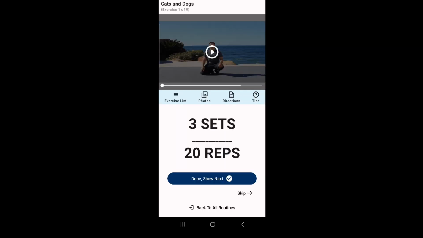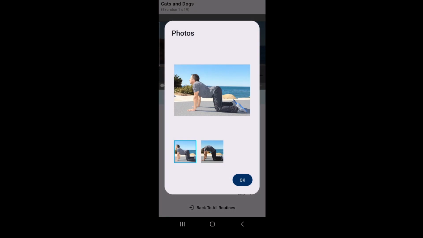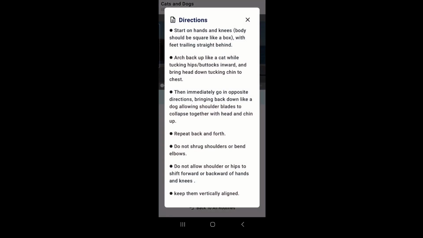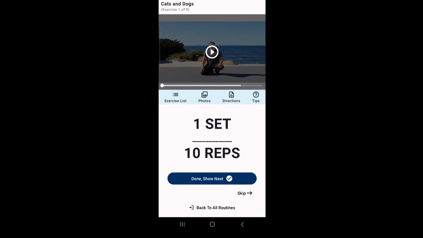The interactive routine screen for the first exercise of the routine will open. From the screen, you can watch the video instructions for the exercise by tapping the play button. You can see photos of the exercise by tapping the Photo tab. And you can review the exercise directions to make sure you are doing the exercise correctly by tapping on the Directions tab. Once you have completed the exercise, tap on the Done Show Next button to advance to the next